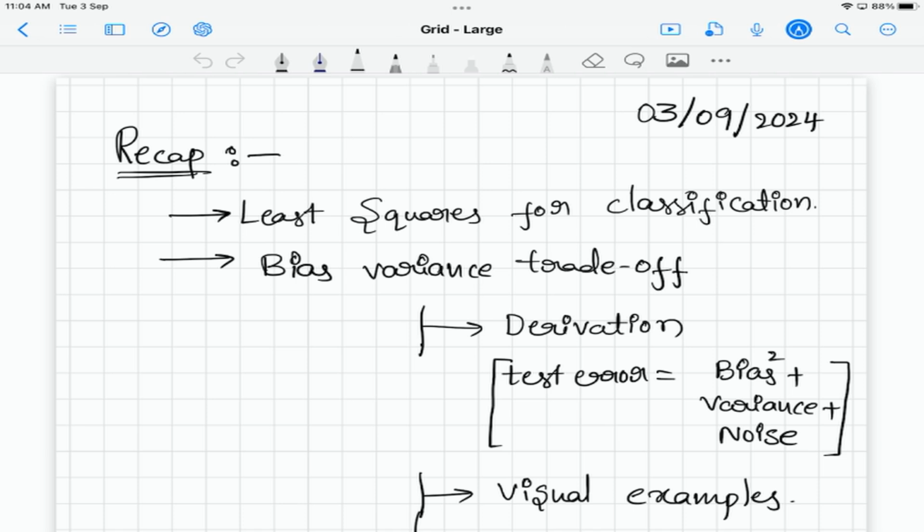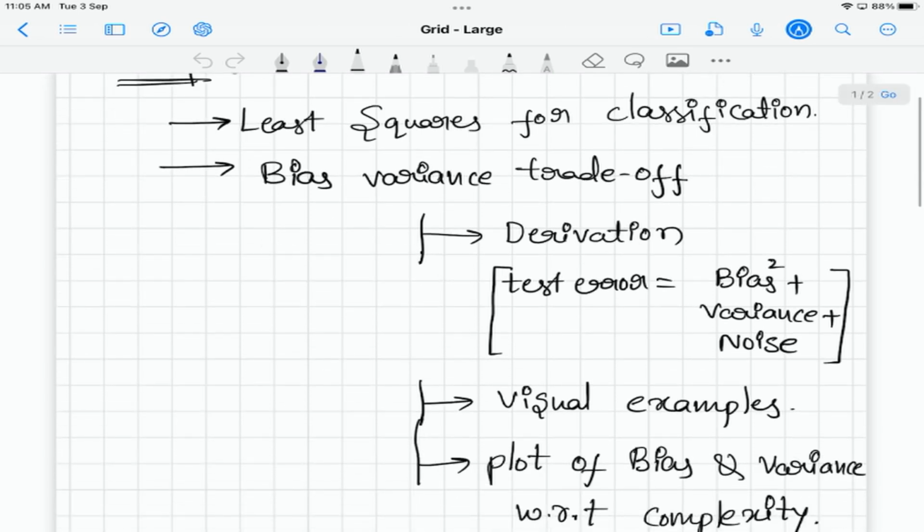Fine. So we have formulated our regression framework, and we have seen the regularization on top of the regression, and we have also seen how to use a simple linear model or the similar setting like our regression setting. Can we use it for classification? So that we have seen in our least squares for classification, and later we have discussed the concept of bias